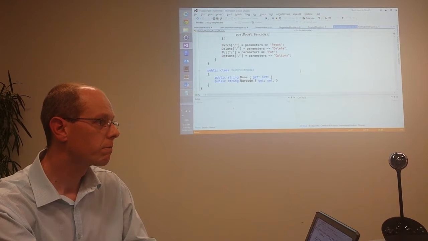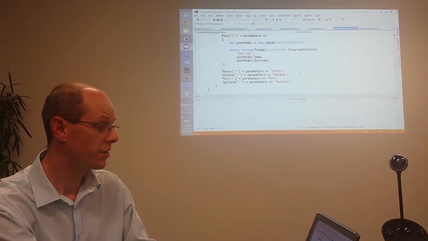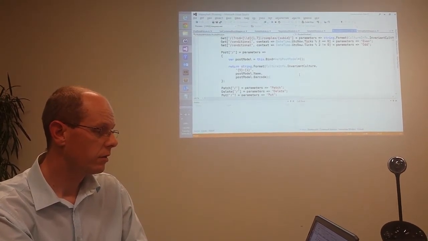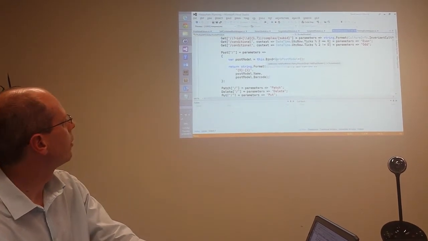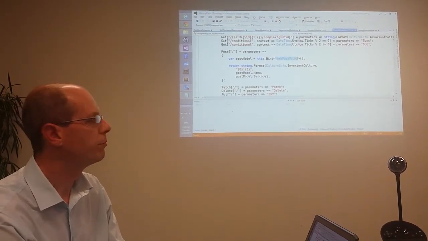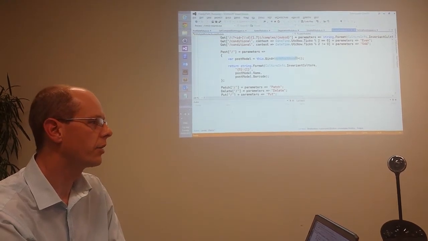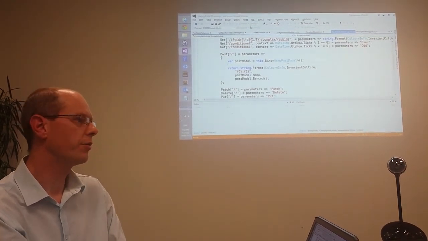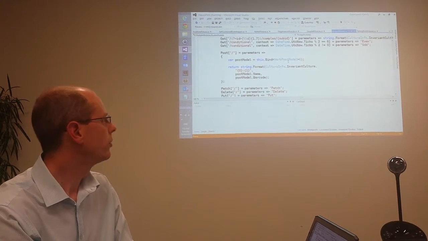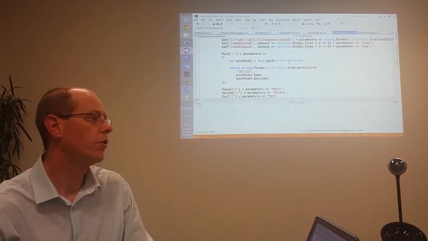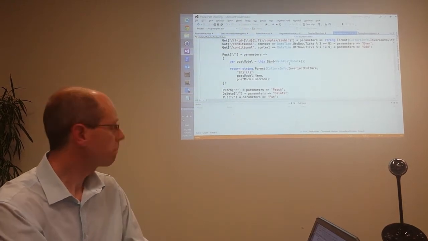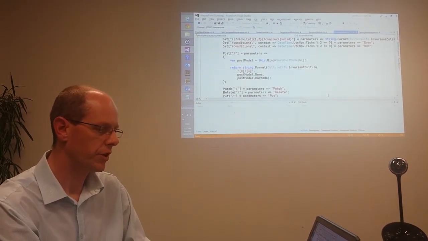So what if it doesn't find a match for that? Should it just silently fail or be a nice big funky error? Well, what's going to happen, you're going to end up with a null. It's not going to throw exceptions on you if there are properties it doesn't match. You just end up with the standard default constructor, and it'll supply whatever it can supply. And then we can output the result.